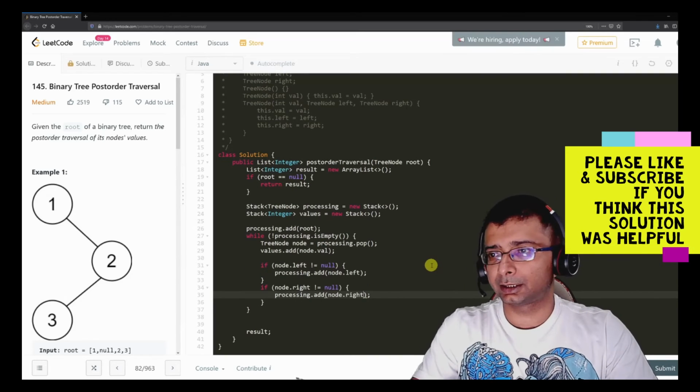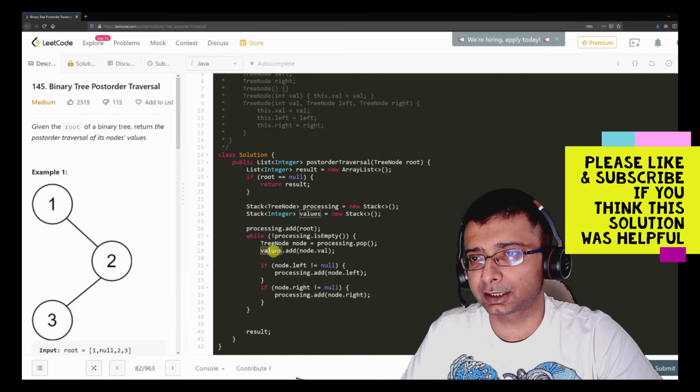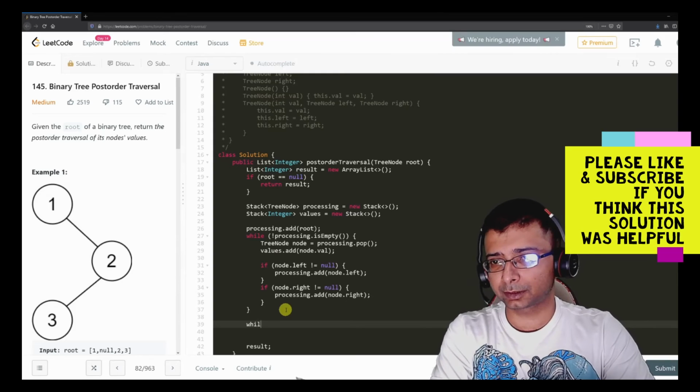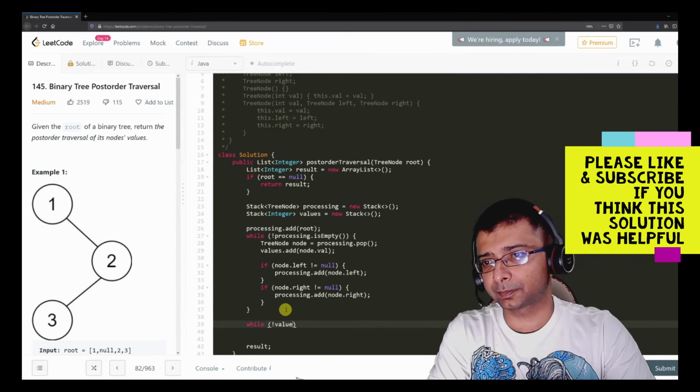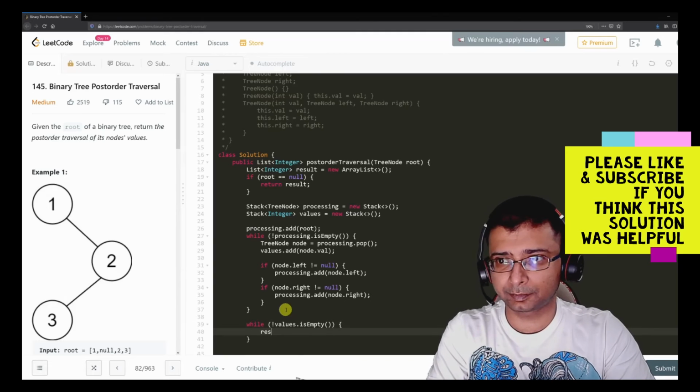Okay, so at the end of this loop, what will happen is we'll have our nodes inside the value stack and our processing stack is empty. Now, what we are going to do is iterate until the value stack is empty and pop things back from this stack. Until it is not empty, we are going to iterate and add back to the result